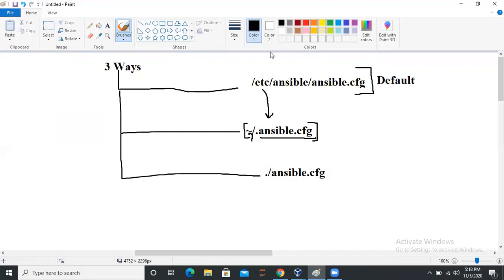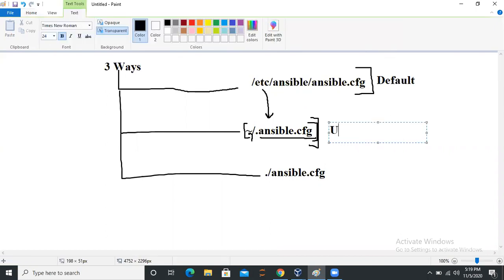So now what you need to do is, let's say for example, this particular file is present in your system, or in the user's home directory. Let me write it over here: the user's home directory.